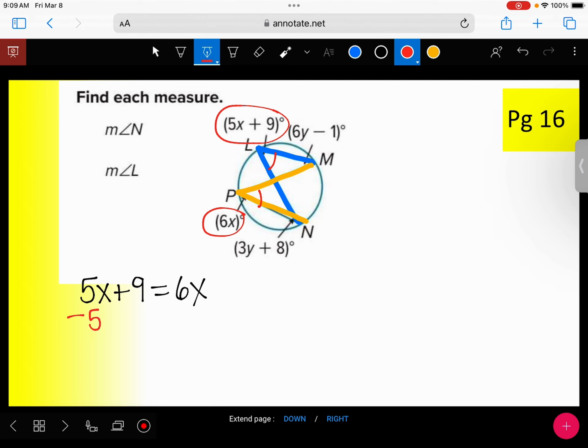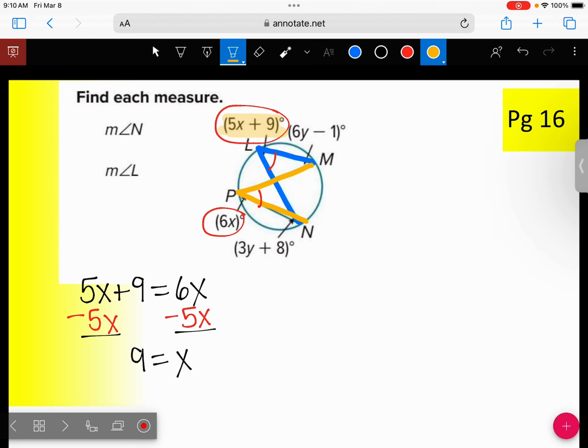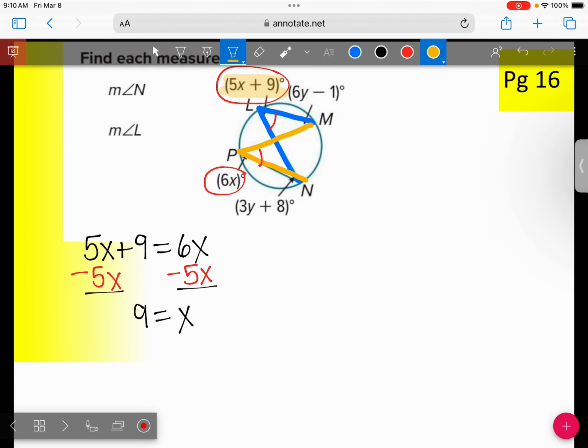So the only thing we need to do is subtract that 5x from both sides. And you should get that x equals 9. All right, who had x equals 9 as their answer? But they want us to find the measurement of angle L. Angle L is this expression right here. So let's find the measurement of angle L